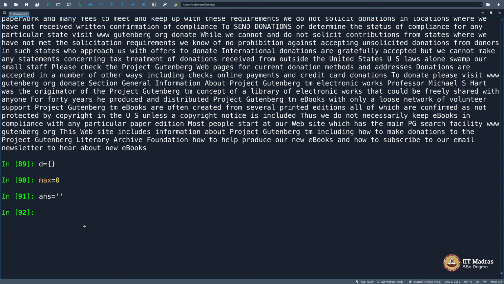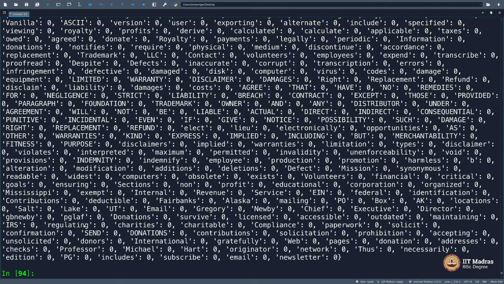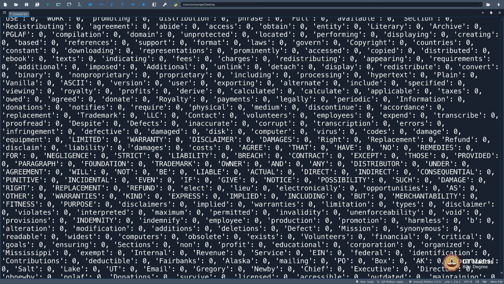Okay, so what I should do now is for x in Sherlock, d of x is equal to 0. So what am I doing here? I'm initializing the dictionary first. Let me do this. So print D. Here is all the words in Sherlock